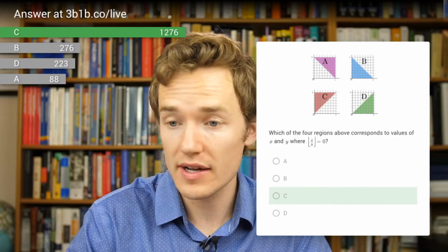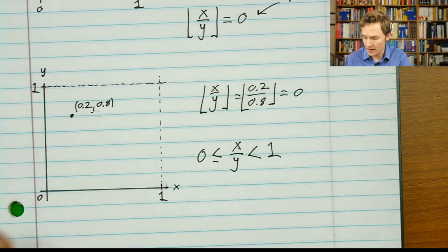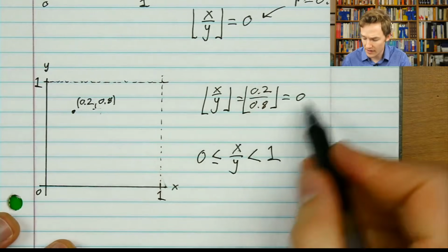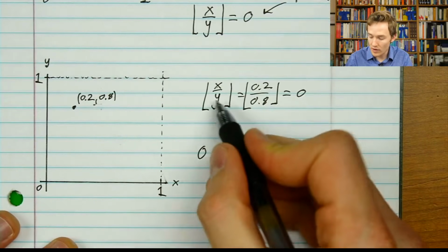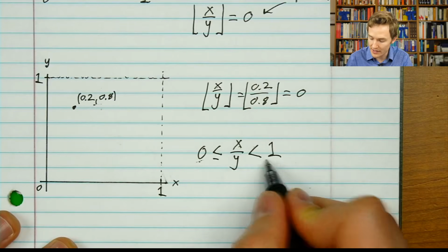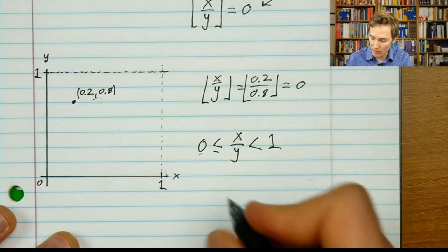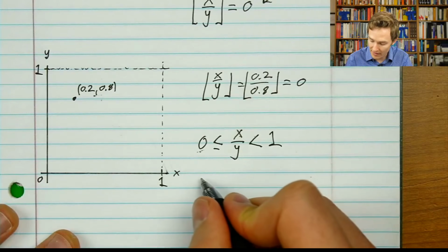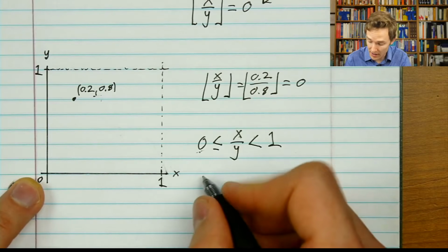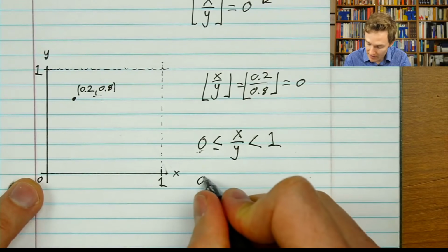You can do so just with a pile of examples and see which ones seem to fall in a region or not. But let's see if we can understand this in a way that lets us make progress onto the other even numbers. So when we say that it rounds down to 0, what we're basically saying is that that ratio sits somewhere between 0 and 1. And it's awkward to think of x divided by y. We kind of like to think of y in terms of x. So if I multiply everything by y, which is okay to do with these inequalities because y is always positive, so that's not going to affect whether the inequality flips one way or another, I multiply everything by y,